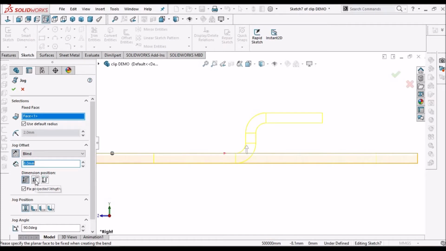If I select inside offset, it calculates from the inside edge of the jog and the inside edge of the base flange. And if I select this, it will calculate from the outside edge of the base flange and the outside edge of the jog. Now let's come to the jog positions.